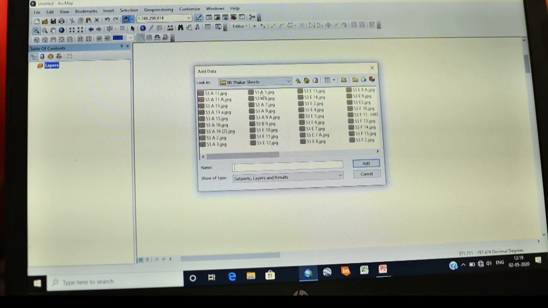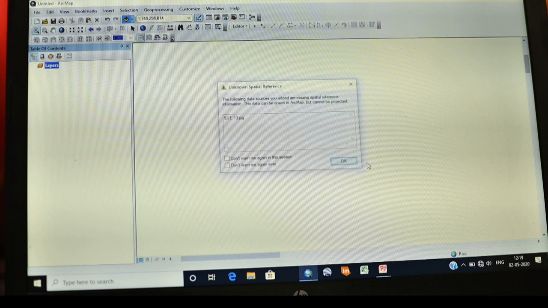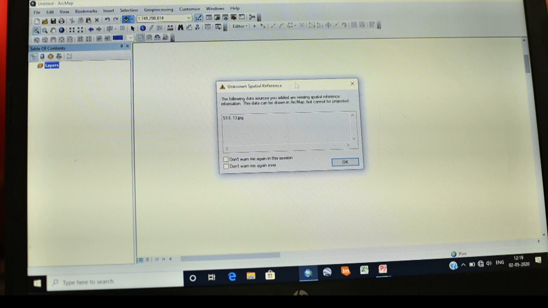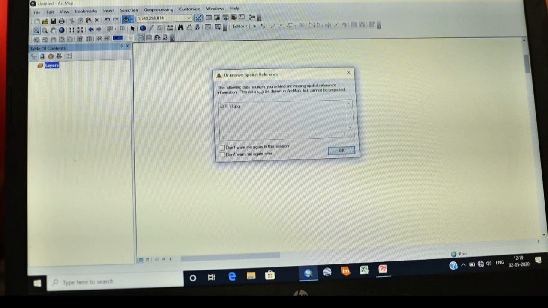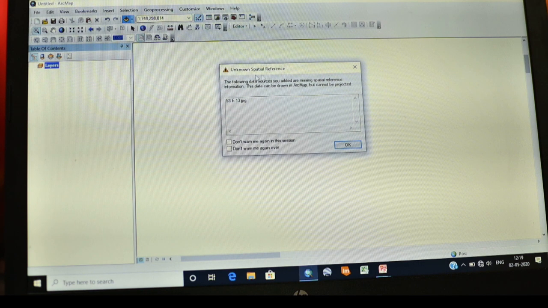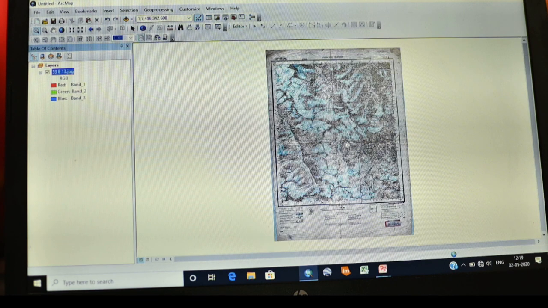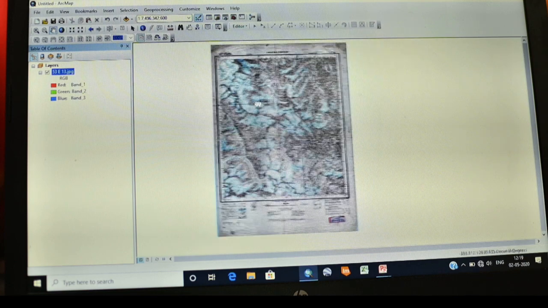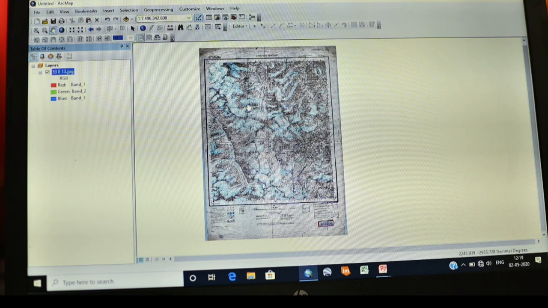For example, this is the topo sheet that I want to georeference. Here you will see that the dialog box is showing the unknown spatial reference properties. So click OK and the image has been added to this workspace.